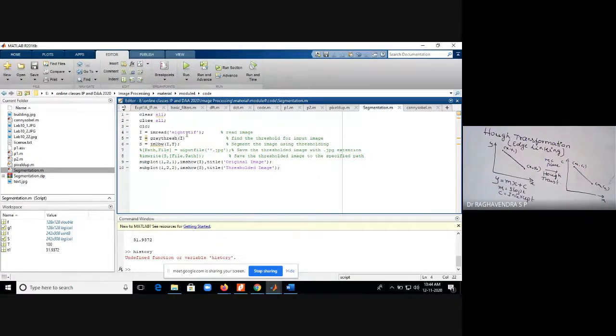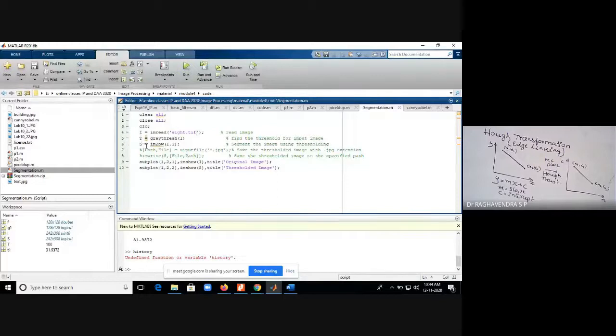So this is a coin image, and I am going to convert this into graythresh. Graythresh is a function which converts the image eight.tif into gray level. Also, it is going to find out the threshold value of the gray level, meaning the highest value, the peak value of intensity, and it will be returned to T.